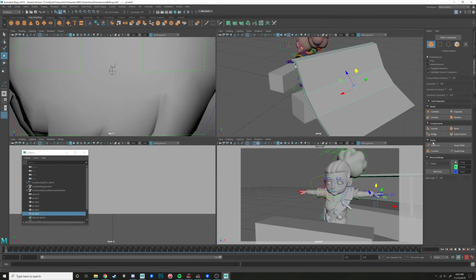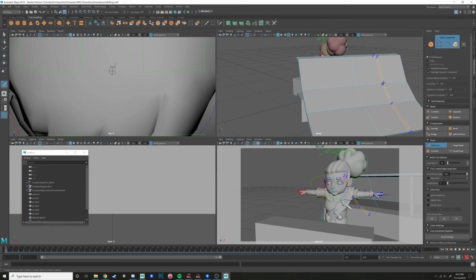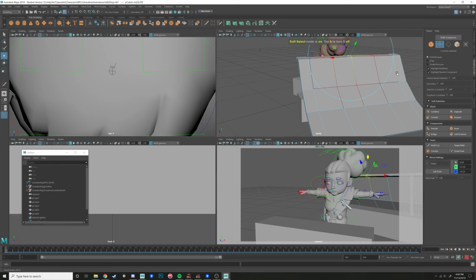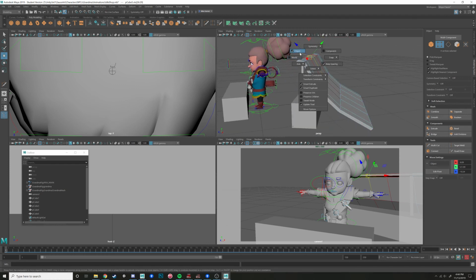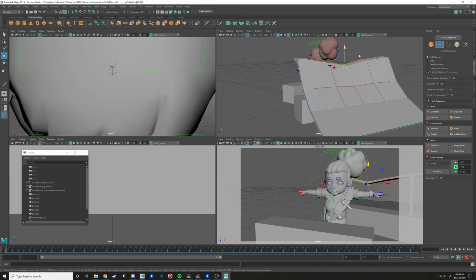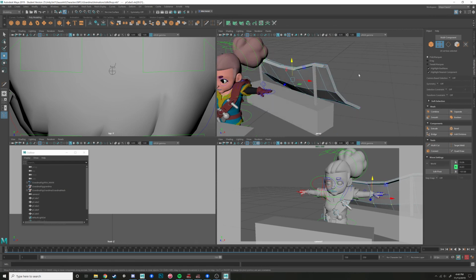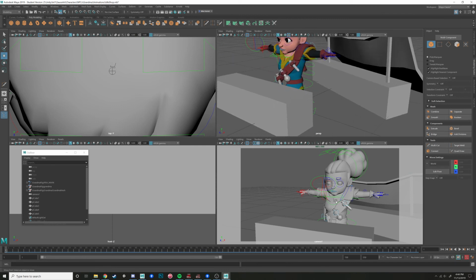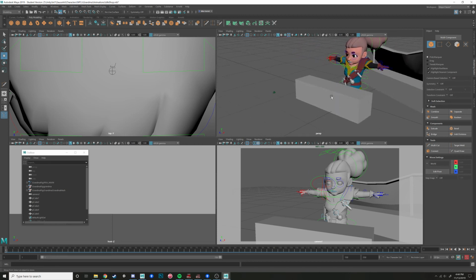I'd probably go in with the modeling toolkit, make a few multi-cuts right here. Perfect, perfect, perfect. Then a little soft selection. Just drag this down in world. Perfect. Right there. So yeah, that's basically it, you just make your environment and have it lined up with the camera, because you're going to be animating to camera, right? And then